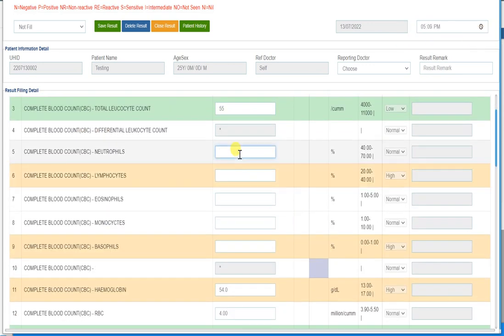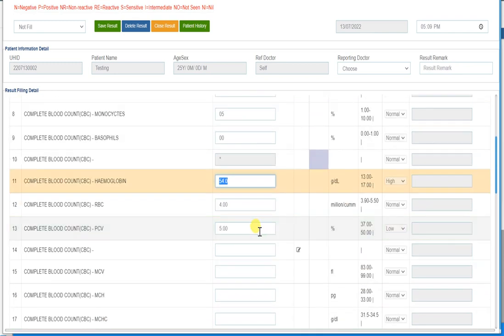Here the formula is applied. The sum of the 1, 2, 3, 4, 5 rows is equal to 100. Let's change 40, 20, 60, 65 and 70, 20, 80, 70, 20, 90, 5 and then 5, 0.